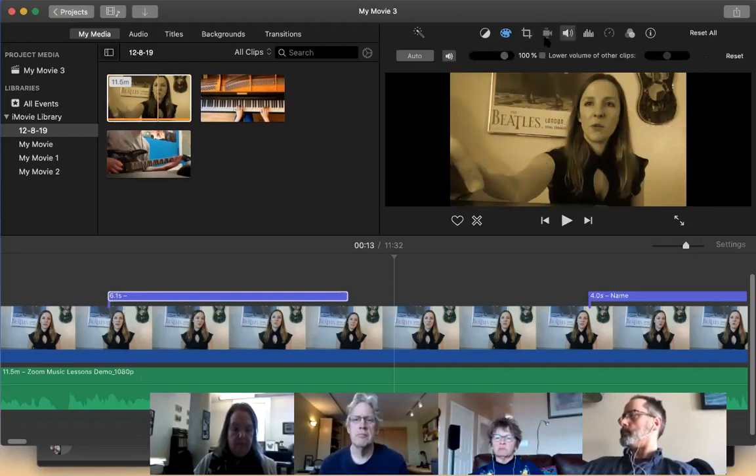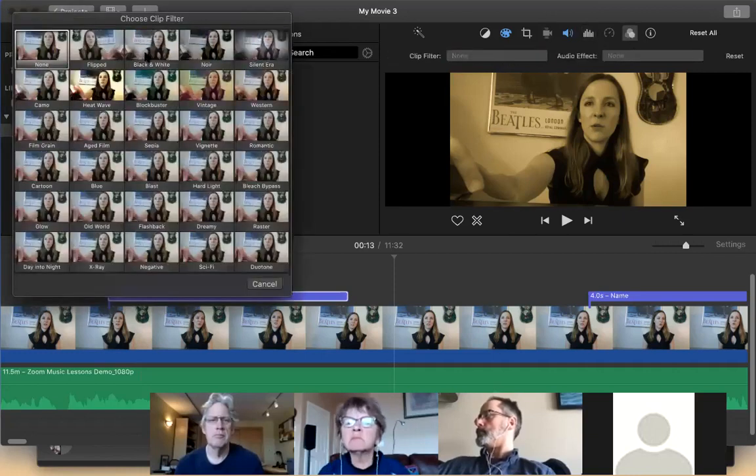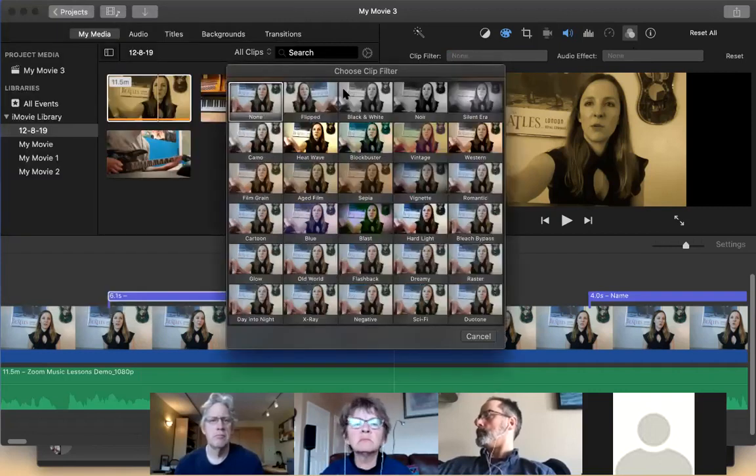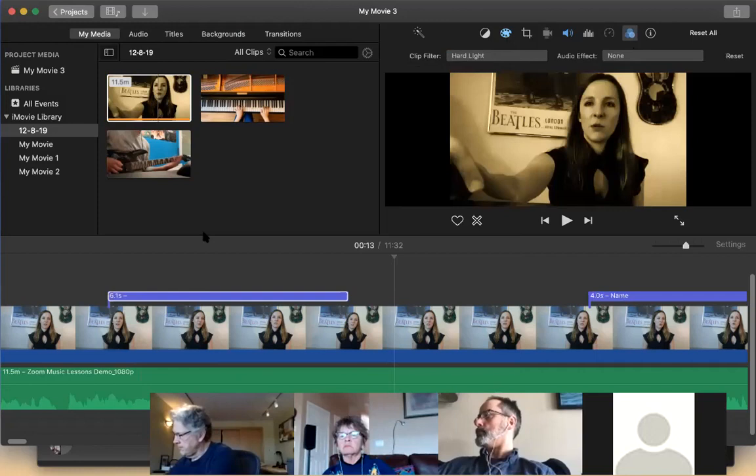If I go over to sound, this will let me adjust if my video is too loud or too quiet. I can kind of boost or reduce the volume. And then this is some EQ. You can play with these if you like that, but one of the more important ones is just this filter one. You can always clip filter, and you can set different things to get to a point where you like the look. It's not adjusting right now because I already adjusted some stuff back here.